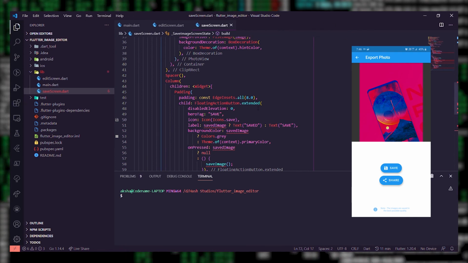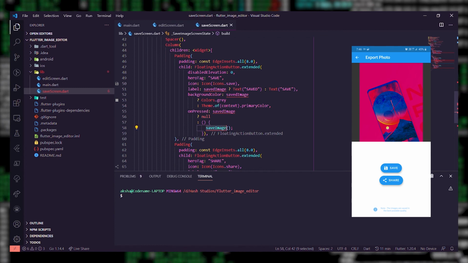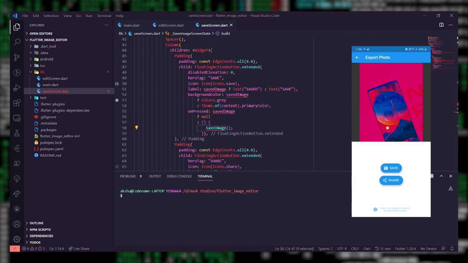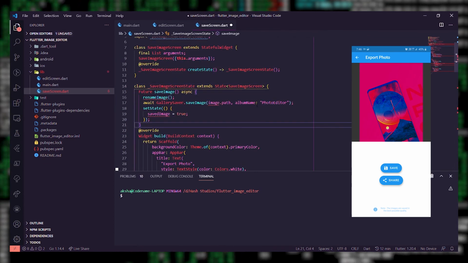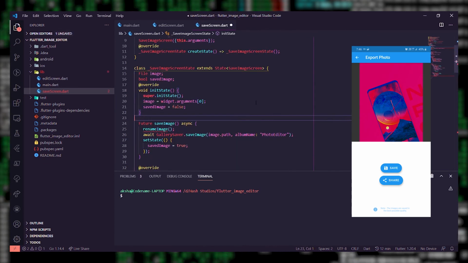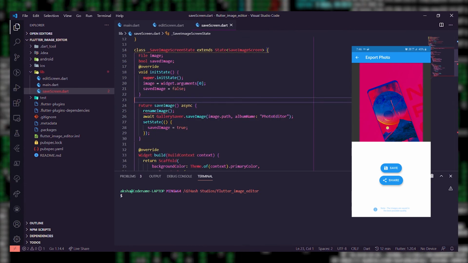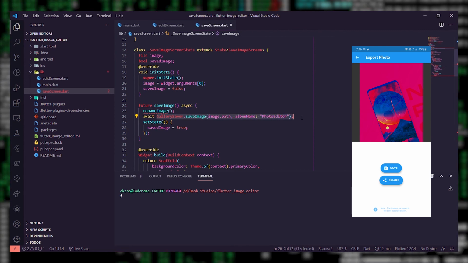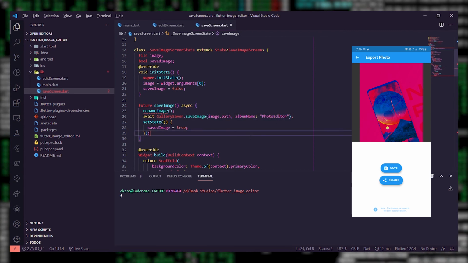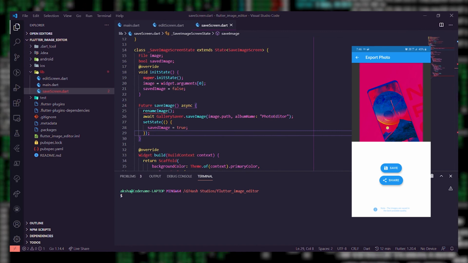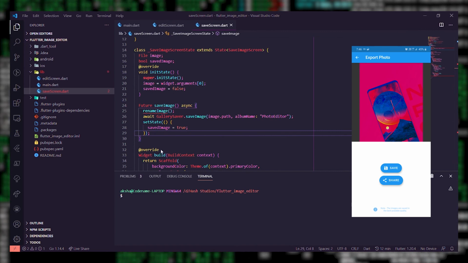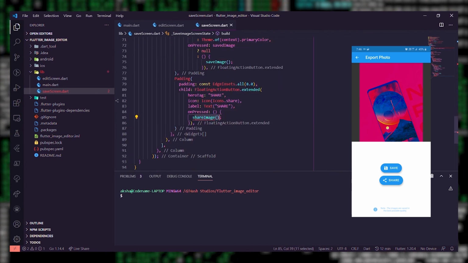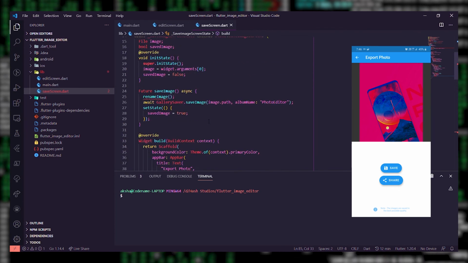Now for both of these widgets, we will be creating the required onTap functions. First, save image lets the user save the image through a simple gallery saver package. Here, as you can see, I have also used the rename image function to rename the image so that we can save the date and time of the edit in the image name too. Then, in the share image function, we are using a modified share package which lets you share the image.